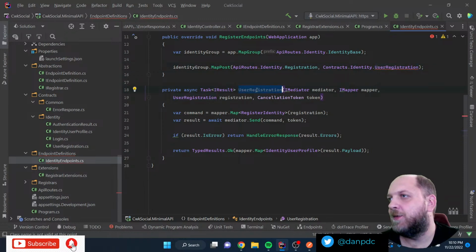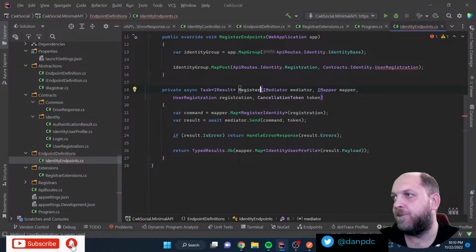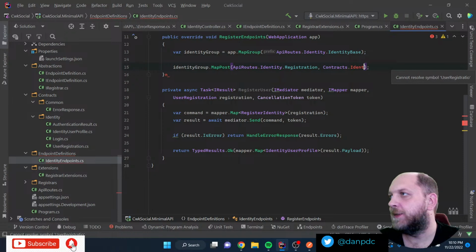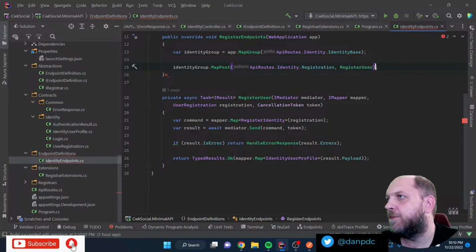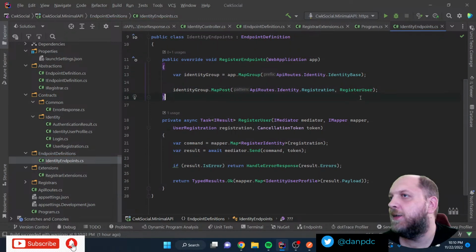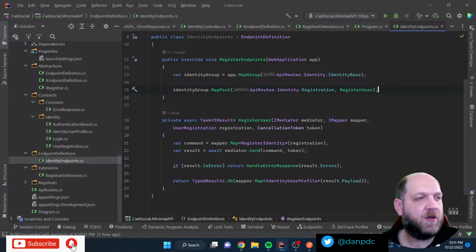Let's call this differently, because otherwise there is this ambiguity. Oh my god, some words are really hard to pronounce. So I would like to have here this register user. Okay, and then this n here, I don't need it anymore. So yeah, that's actually my very first route. I have already added that route, so it should actually go.